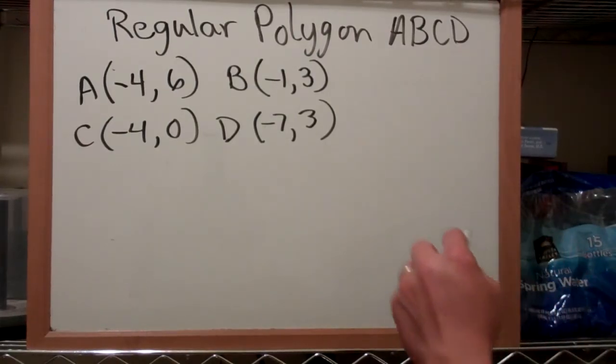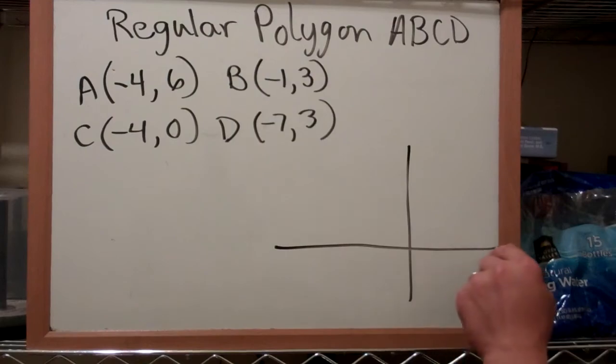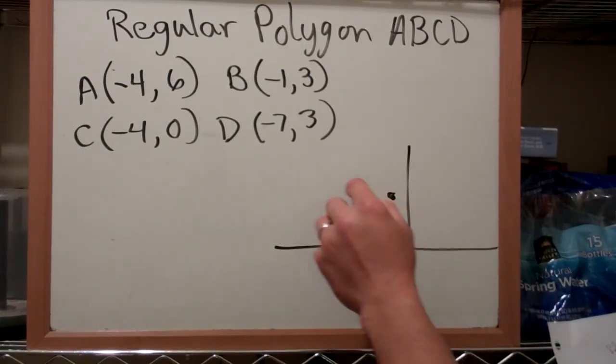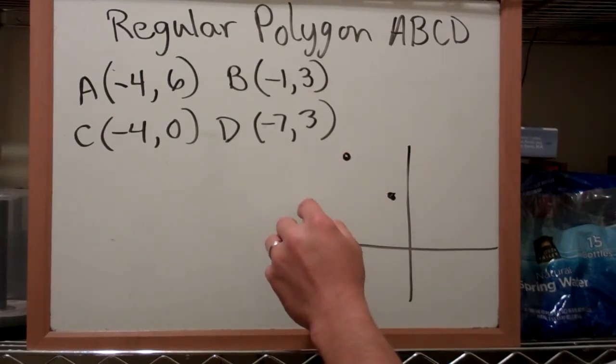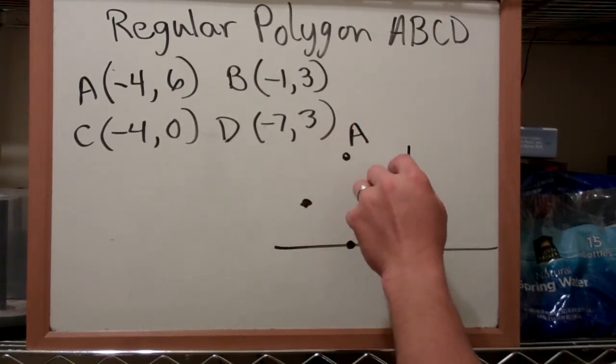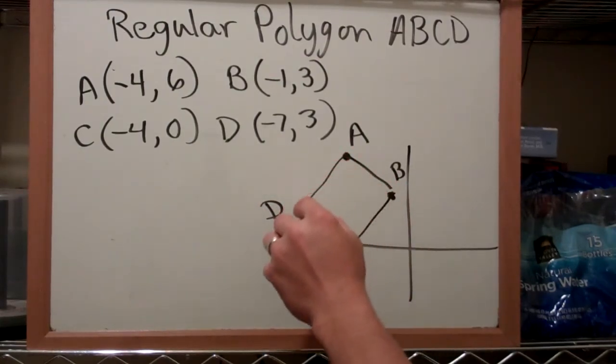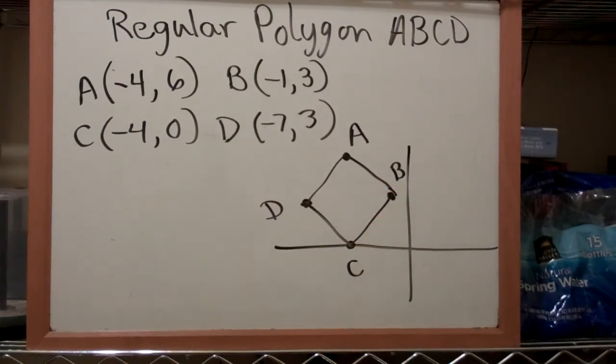And if we wanted to, we could plot these points on the graph to help us give a better visual. And we would see that this is point A, point B, point C, point D. So in this polygon, we have the 4 vertices, and if we're trying to find the area